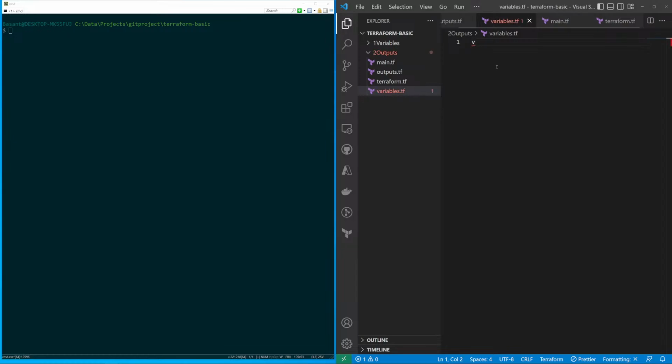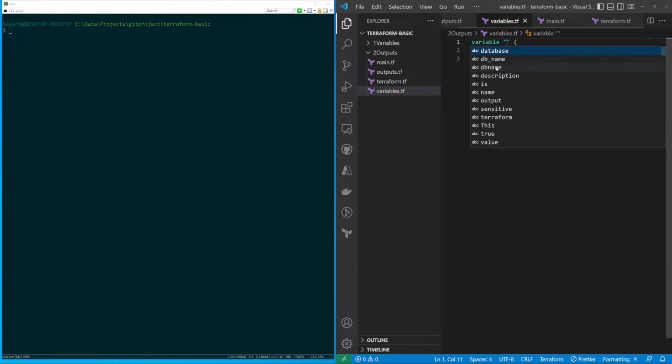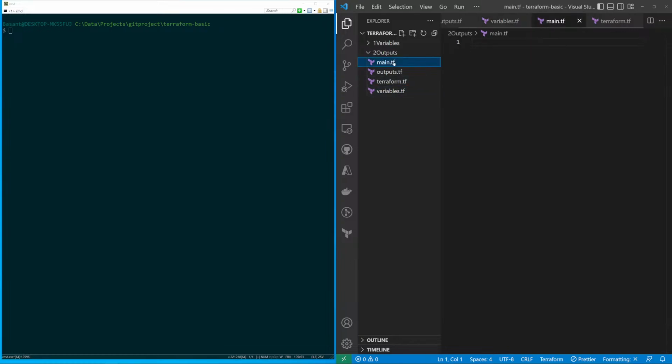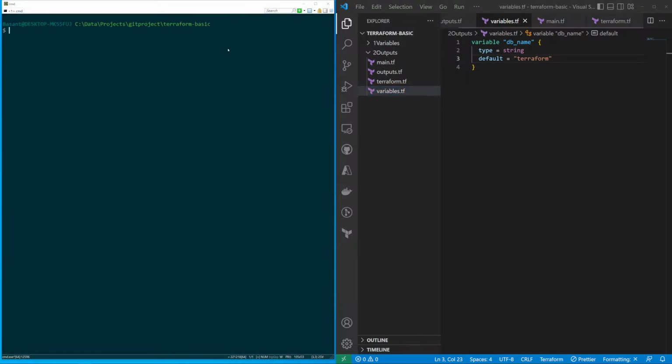So I'm going to quickly create a variable block, let's say db_name, and its type is string, and its default value is Terraform. I'm not going to use anything in main. So let's quickly jump into that particular folder,